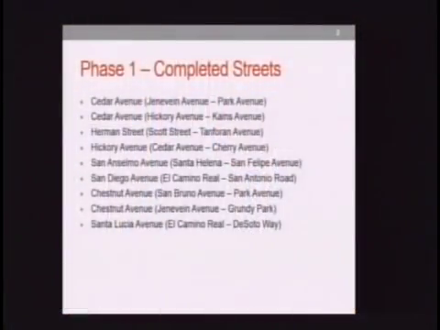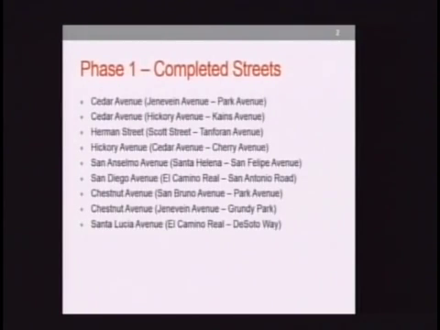The notice to proceed was issued to the contractor back in September of 2015, and the project was divided into two phases. The first phase of the streets are shown on this slide, consisting of reconstruction using mill and fill and overlay treatments. And the second phase was for the remaining street segments that required the application of slurry and